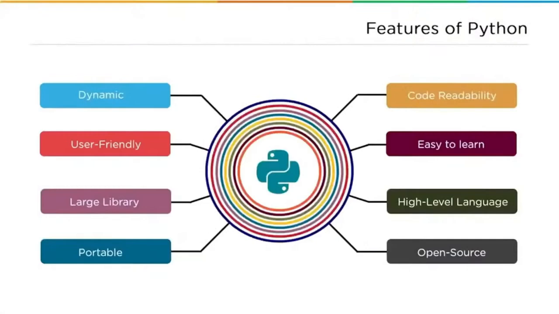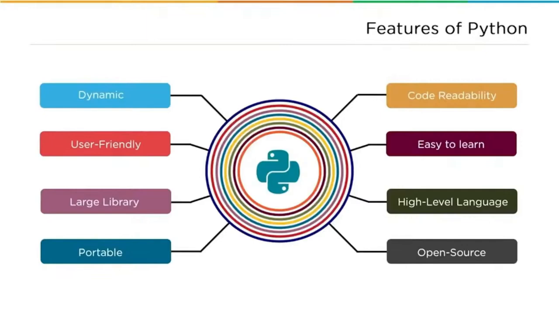Now let's go over some of the features of Python. And these features are actually why it's considered that using Python is advantageous over using other languages. So let's start with some of these points. Now, as we mentioned, Python is a very readable program. Code readability is very important. It's one of the design philosophies behind this when it was being developed. It's very easy to learn, which is why Python is an entry point for many people that are just beginning to learn programming. And as I mentioned earlier, it's a high-level language.